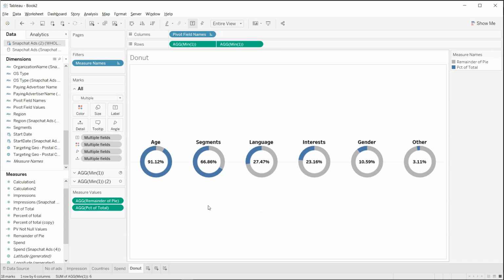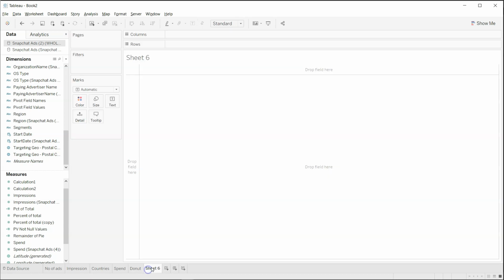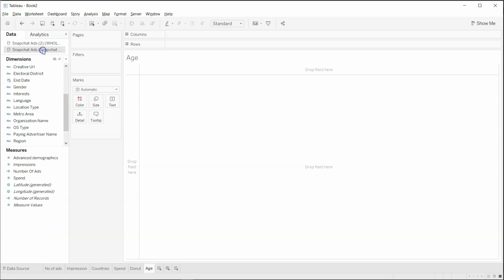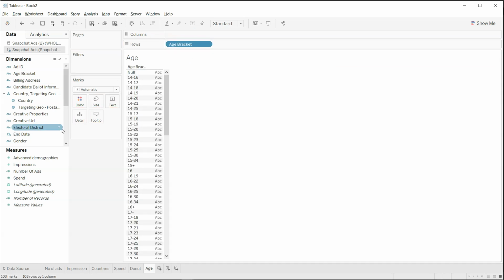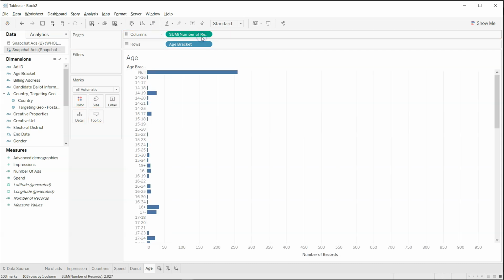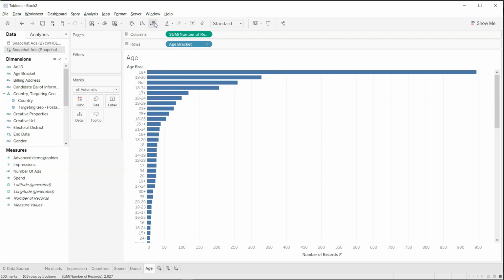So let's create first the different sheets with their respective tooltip. So first is age. So I'll just click on age. And for age, what we need is basically, in the Snapchat ads, we have something called age bracket. So if I take the age bracket over here on the rows and then take the number of records to show, based on the age, how the targeting is happening, and what I don't need is the null